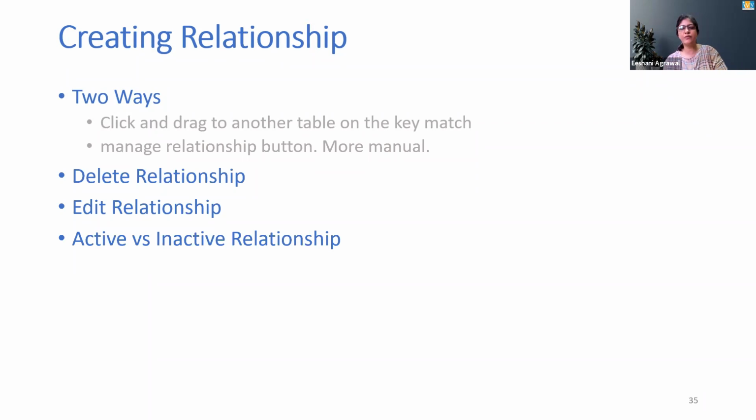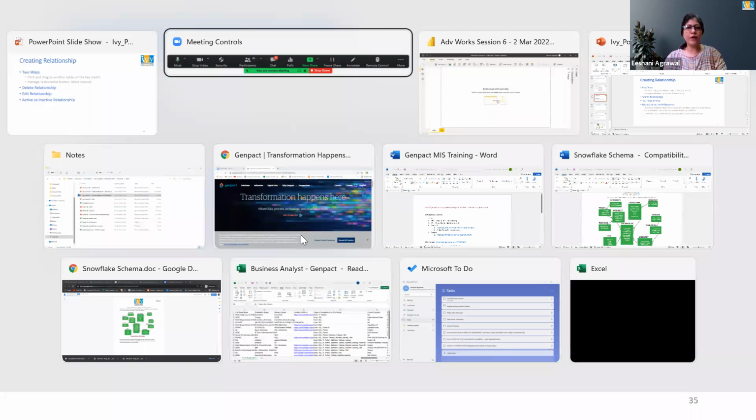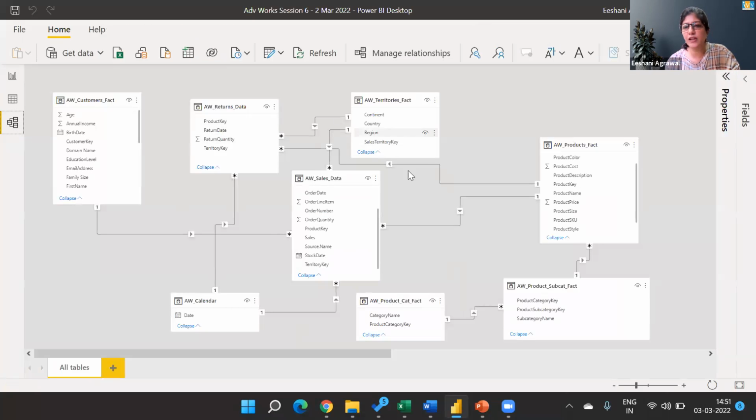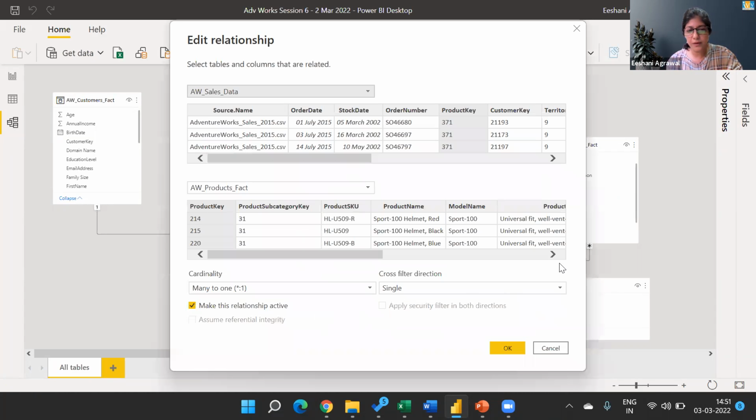Now, active and inactive relationship. What does it mean? In my Power BI, all of these are right now active relationships. If I've created a relationship, but I don't think I'll be using it for whatever reason, or it may be that I have 2 relationships running between the 2 tables, which may cause some issues. And at one time, Power BI will only allow you to make 1 active. So how do you activate or inactivate a relationship? You can go to properties, and over here, uncheck this one. So when I uncheck, it makes it inactive. And when I click OK over here,